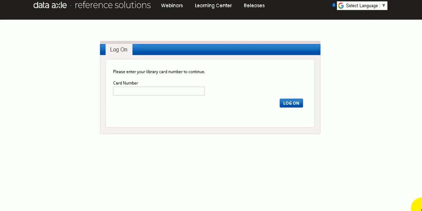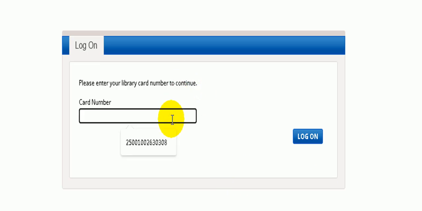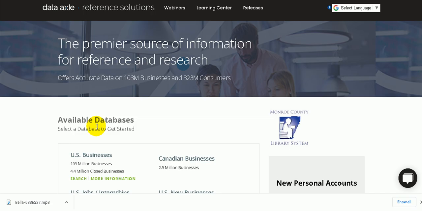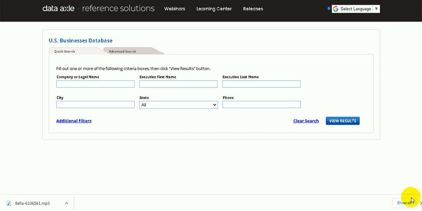Next, you will need to enter in your exclusive card number. Just copy and paste it in here from your lesson to access the database, and then select Log On. And whenever you log in, you will get your In the Right Place message. Just close out and select U.S. Businesses. Now you are in the actual database, where we can begin targeting our small employer groups, either corporations